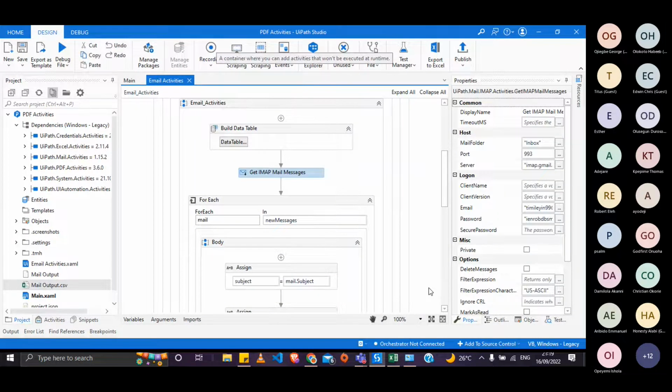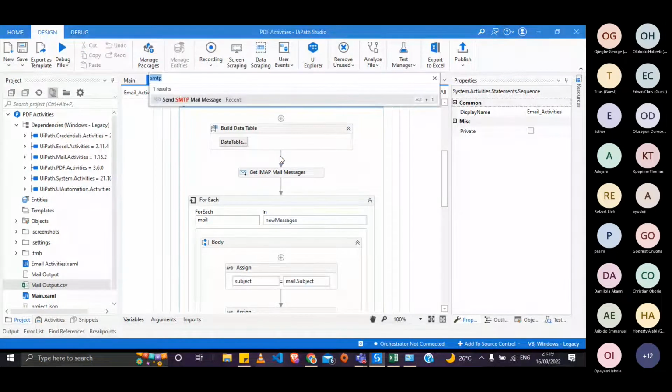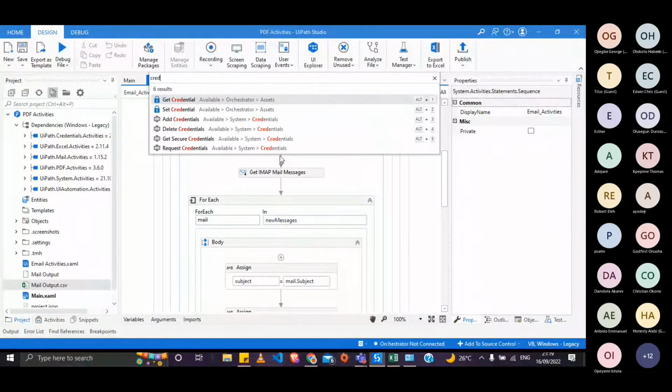Okay, so once we have installed our credential activities, now to get our password and usernames, you would have to use a get credential activity. So let's search for credentials in our activities list. Now you can see that there are two sets of credential activities. There is the available Orchestrator, and then there is the available system. So we use the system one in this case, but when we go further and explore UiPath Orchestrator, we will be able to use the